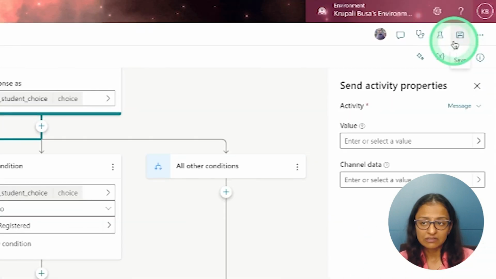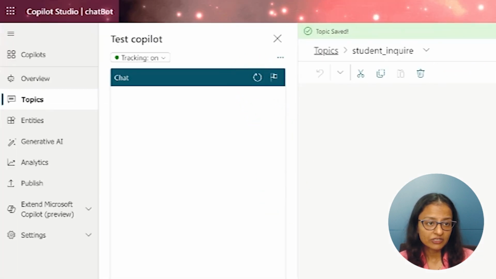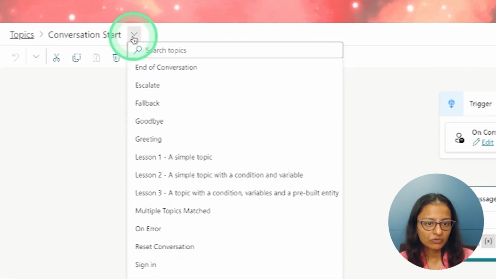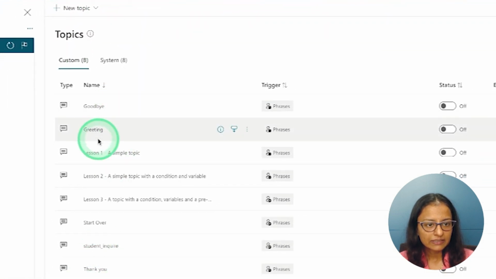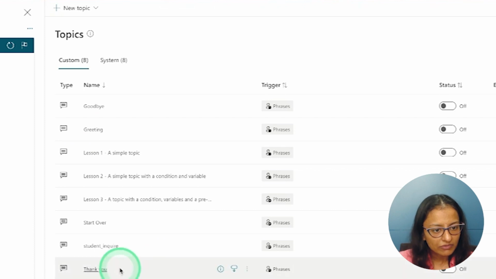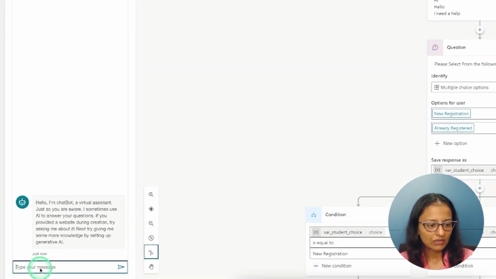So let's test it. Click on save and just test it. Refresh it. First of all, go to the topics and select the topic we have created, that is student inquiry, and write down hi.